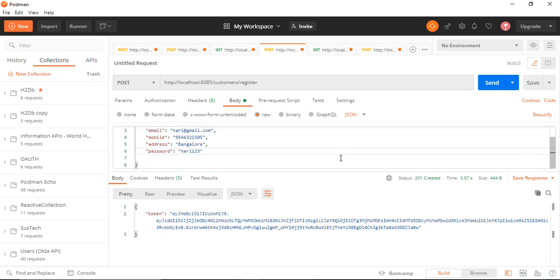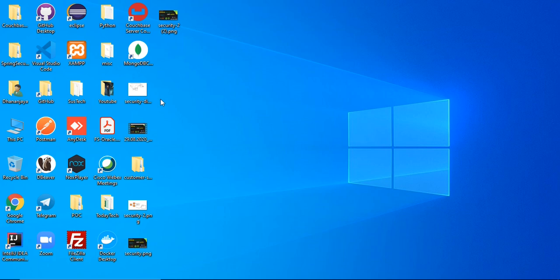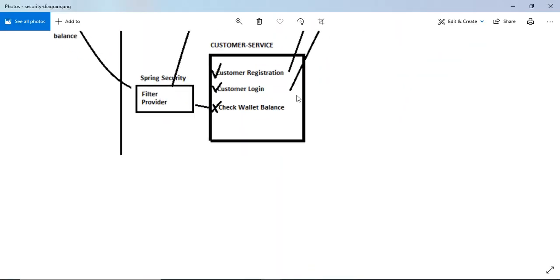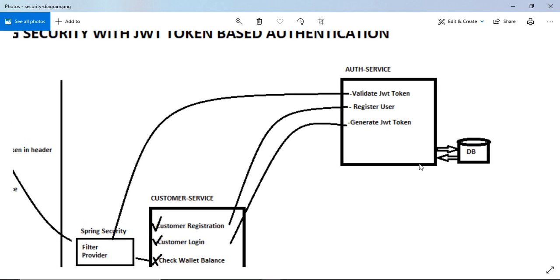It will internally call the auth service as per the image. Let me show you the previous image. As per the image, whenever the consumer calls the registration URL, it will forward that request, or internally make a RESTful service call to the register user of the auth service. The same thing we are doing here.